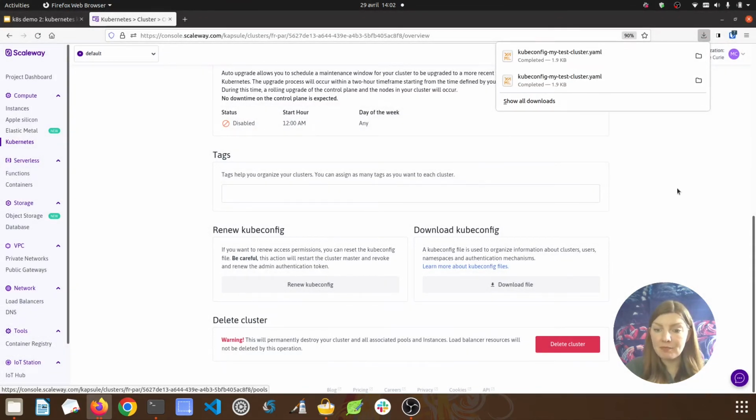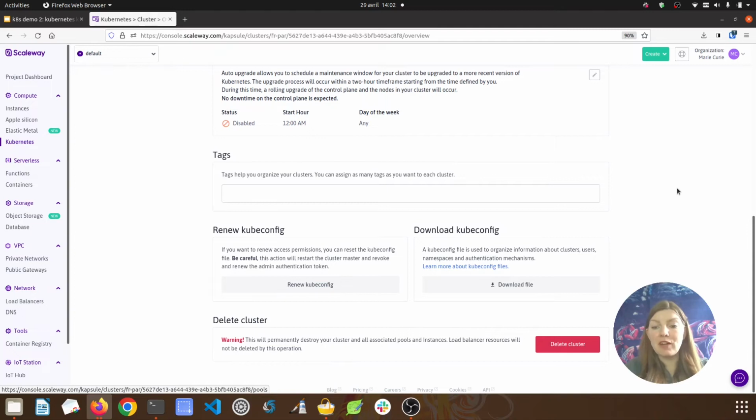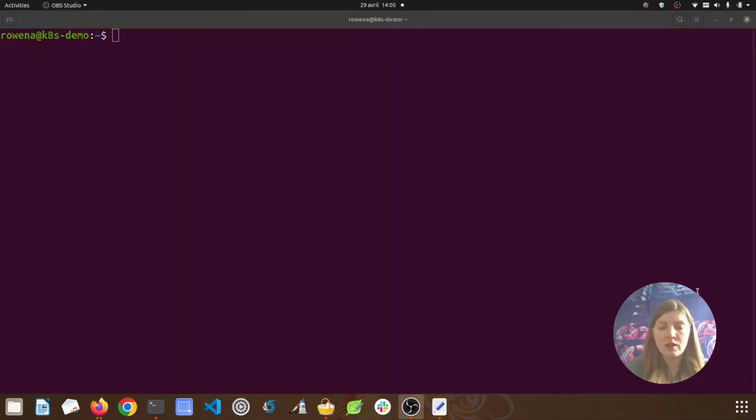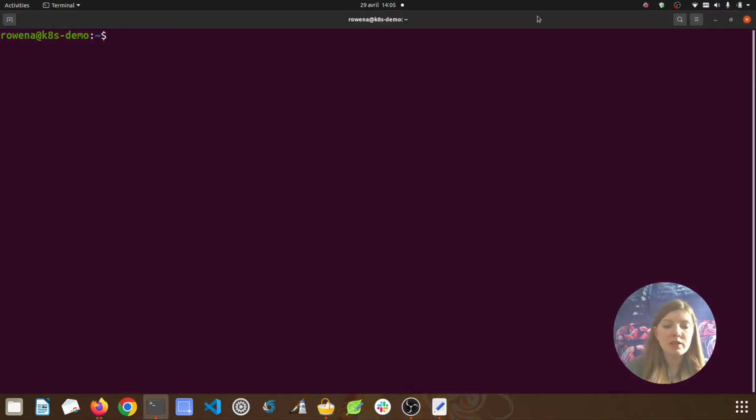Okay, that's done. So now that we've got the YAML file for our cluster, we need to do one of 2 things so that KubeControl can connect to that cluster. We either add the kubeconfig environment variable, whose value is the file's location on our machine, or else we move and rename that file to the appropriate place. So I'm going to do the former with the export command to create an environment variable. So coming back to the command line, I'm just going to navigate to my downloads folder and check that that kubeconfig file is there. There it is.